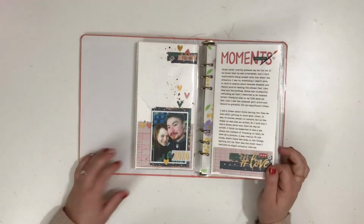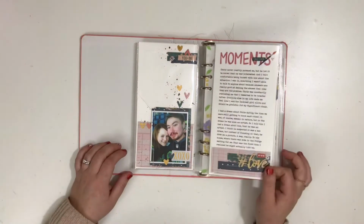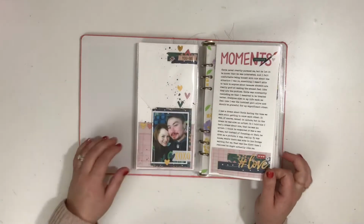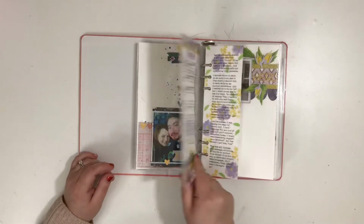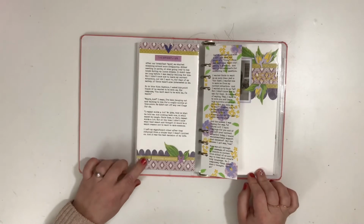And then the story just continues. So it just talks about a moment that we had together at the post office before we were together. I created this layout for